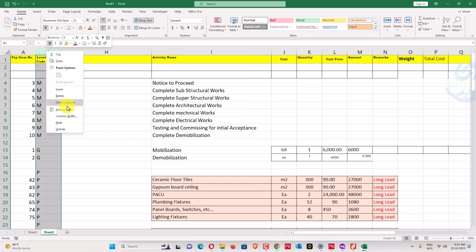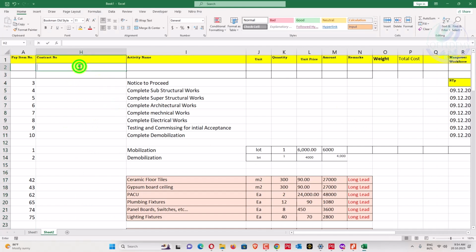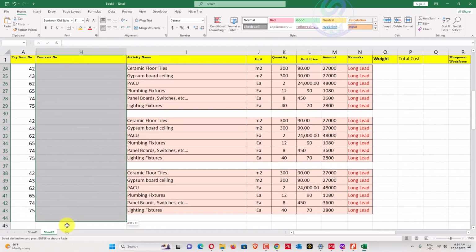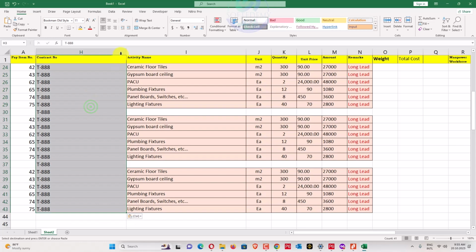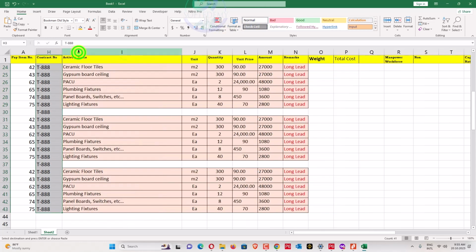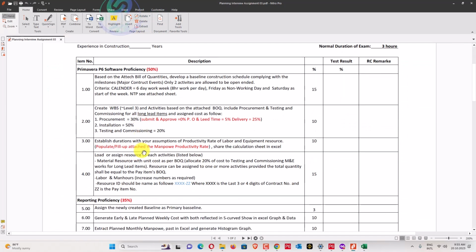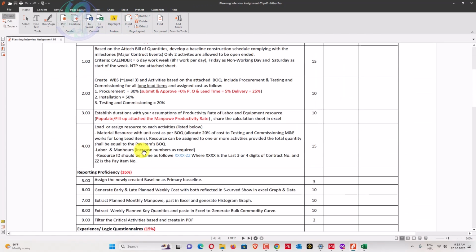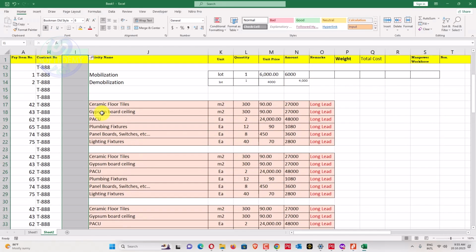Also hide this one. Contract number is this one, T-888, and copy and paste this one. Now add here what the code they require, -ZZ. Okay, contract code -ZZ.